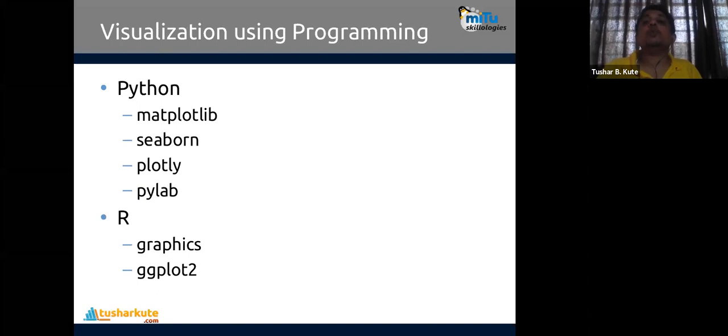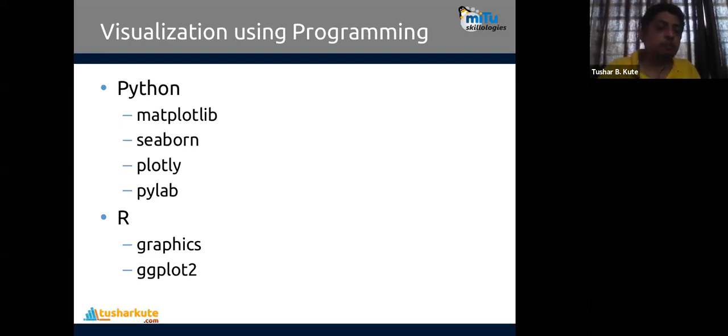And if you talk about the programming languages, now see, two programming languages are used for data analytics. Python is the number one choice for data analysts and data scientists to visualize the data. In that, four libraries are used to visualize your data. Out of them, the first library is Matplotlib that we will see, and Seaborn also we will see after the afternoon session, and which functions and packages are present in that.